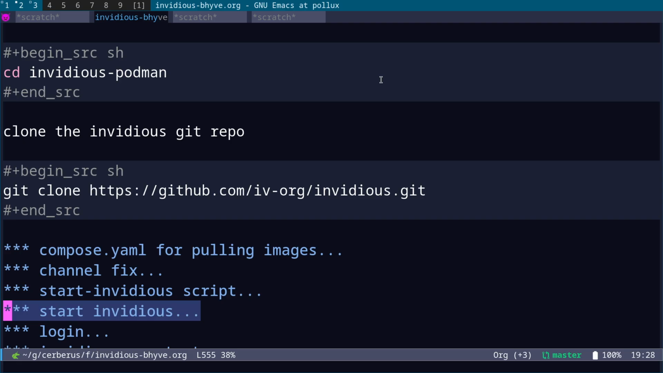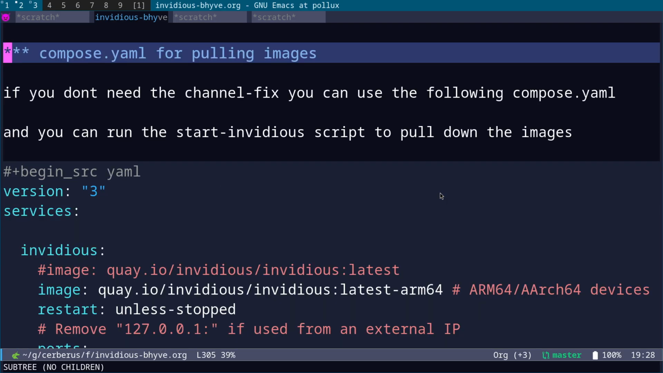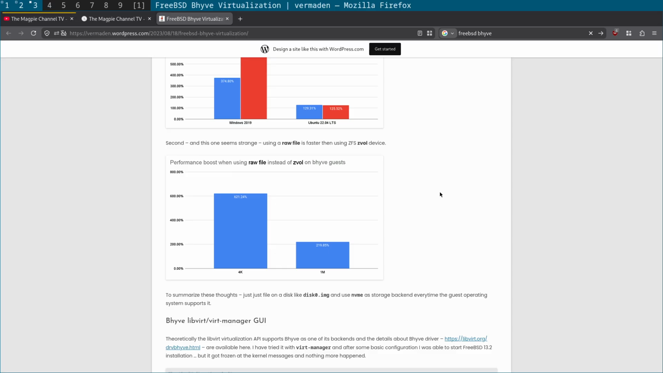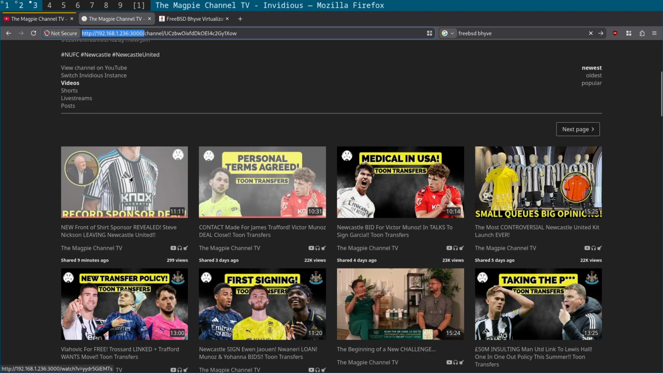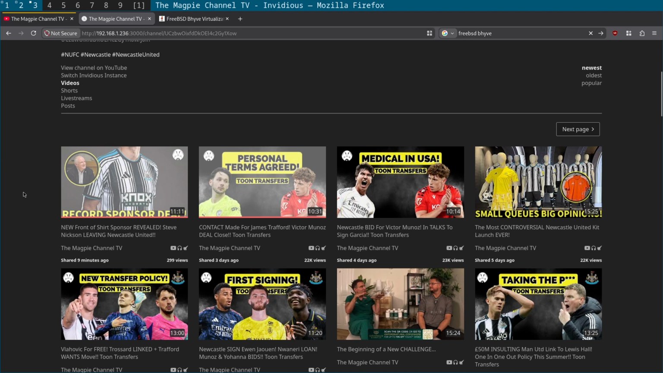And what you then need to do is clone the Invidious Git repository by running git clone and the path to the Invidious.git repository. Now, at the time of the recording, there is an issue with Invidious not displaying channels. So if I come across here, what you'll see is I'm in the channel here and it's showing all